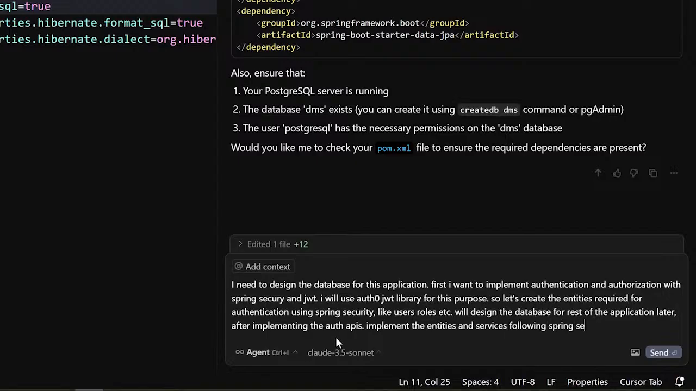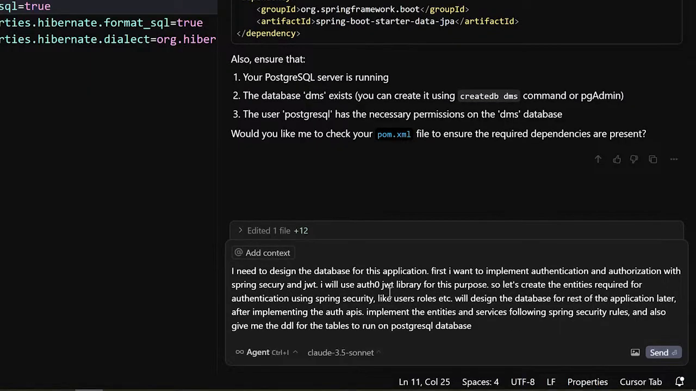following Spring's security rules. Okay, so here I have written a detailed instruction for Cursor AI. I need to design the database for this application. First, I want to implement the authentication and authorization with Spring Security and JWT. I'll use Auth0's JWT library for this purpose. This is actually a lightweight alternative to the official JWT library, which is a little bit complex and too much for this application. And then I have typed, so let's create the entities required for authentication using Spring Security and like